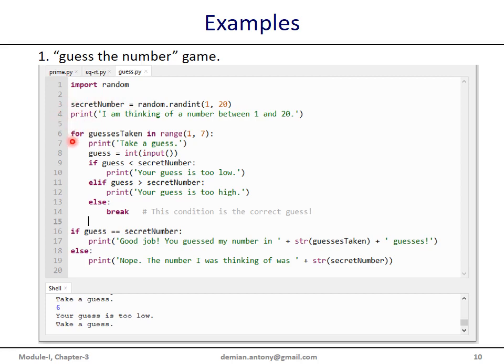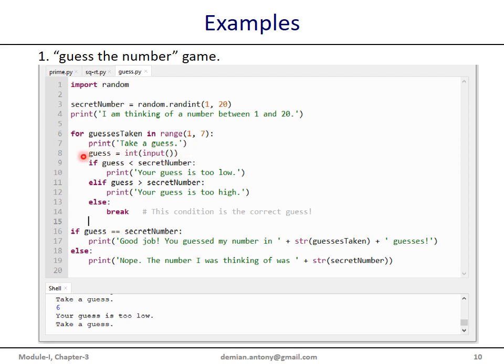And then we give the opportunities for the user, wherein we are using the looping statement, and we give 7 opportunities for each guess taken in the range 1 to 7. That means we give him 6 opportunities. This range is from 1 to 6. 6 times this for loop will be executed. 6 opportunities, and for each opportunity let the user enter the